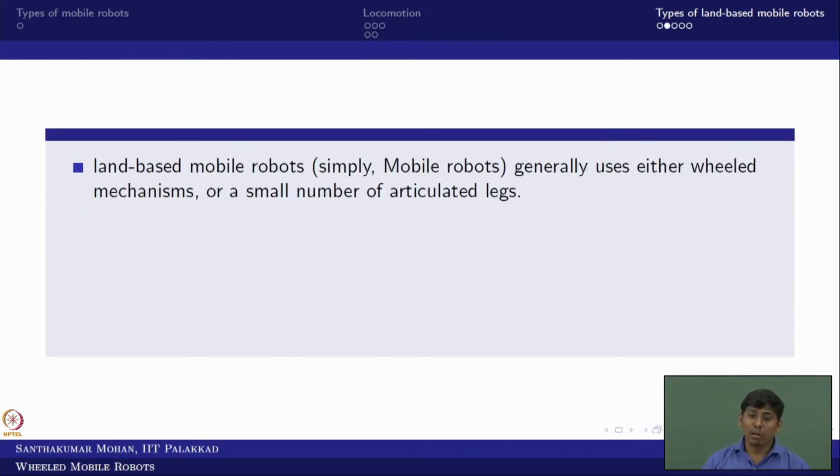Okay. So wheeled mobile robot is our focus, but what we have classified is land-based mobile robot. For most roboticists, mobile robot simply means land based. They have to specifically mention aerial robot, underwater robot or surface robot, otherwise mobile robot means land based. So we have to see the nature, as well as what we have artificially made. Most of the artificial robots are either wheeled or have a small part of leg, either 2 leg, 4 leg or 6 leg.